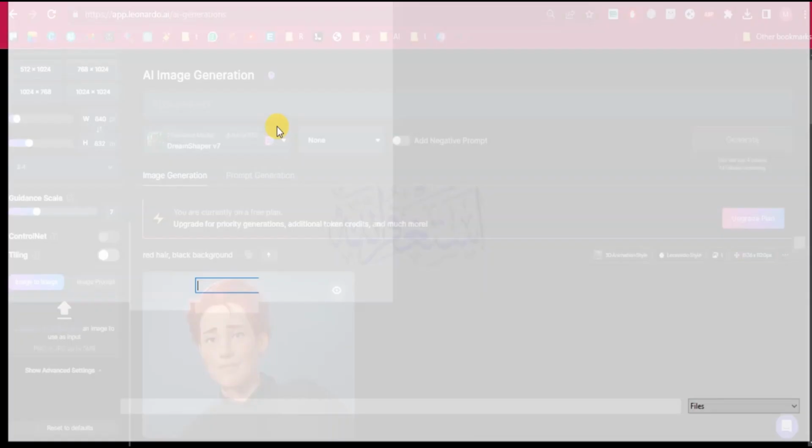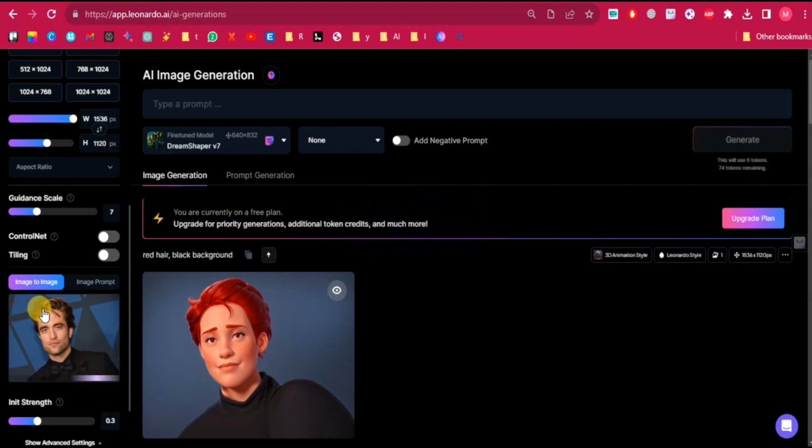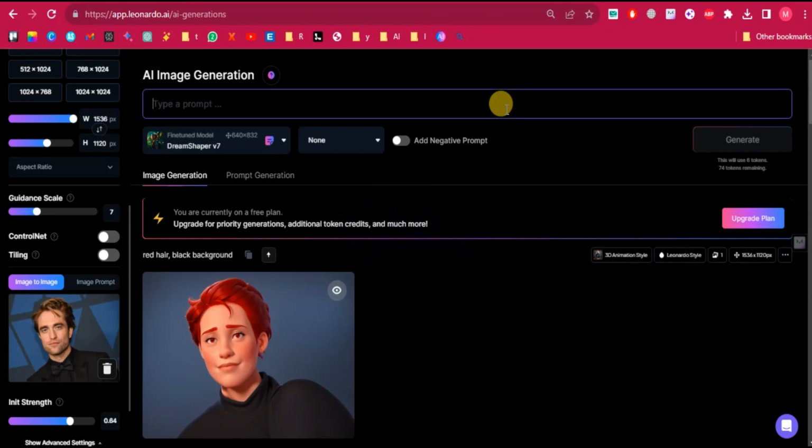Step 5. To really enhance your image, there are a couple of settings you should play with. First, there's the guidance scale. Slide it to around 20 for optimal effects. Then there is the strength button. Move it up to 0.40 to 0.45. It might sound precise, but it works like magic.